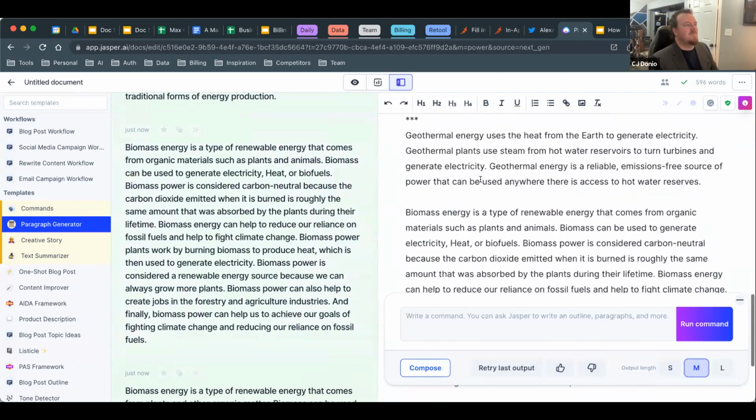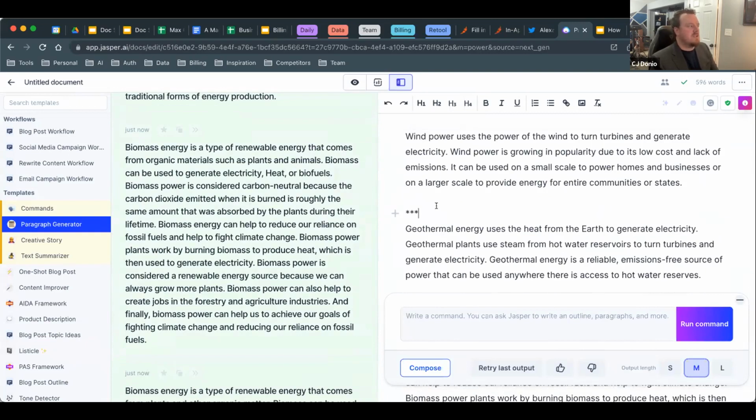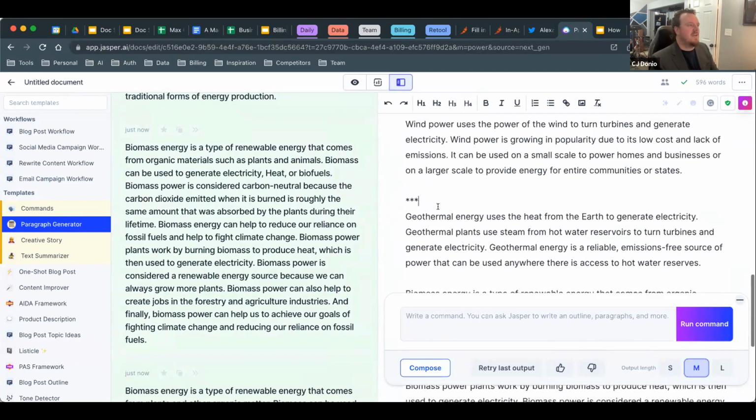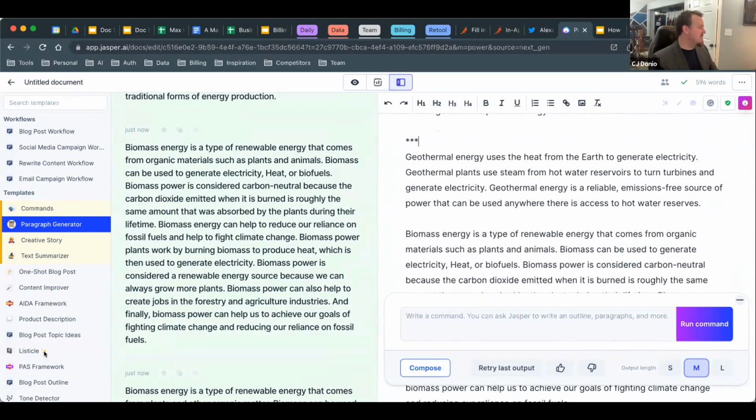Okay, for the sake of time, I want to show you a few more things, so I'm going to keep rocking here. Again, the way I use Jasper that tends to be the most effective is, I'm not just generating all my content. Think of that metaphor of just hitting a button and it just doing your job. That's not what Jasper is. What I love to do is kind of mix in my writing. And that, by the way, just makes it even more unique.